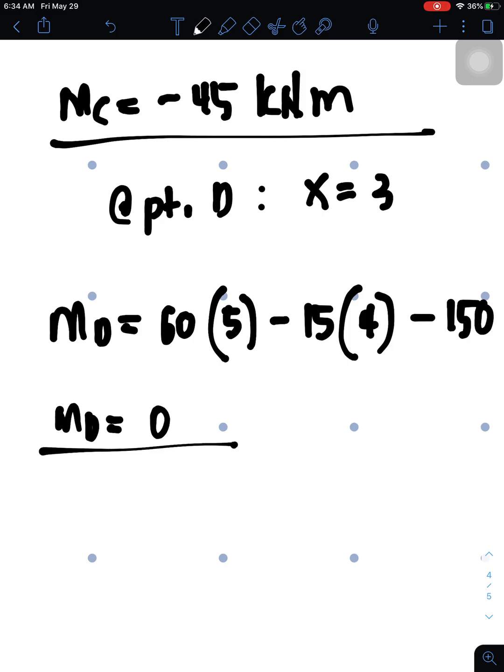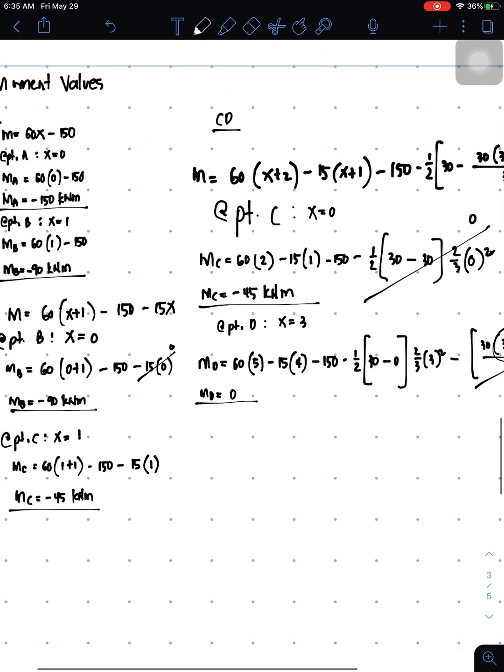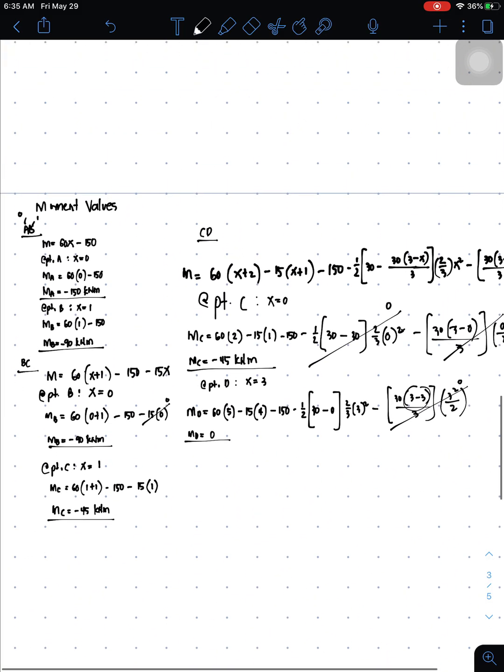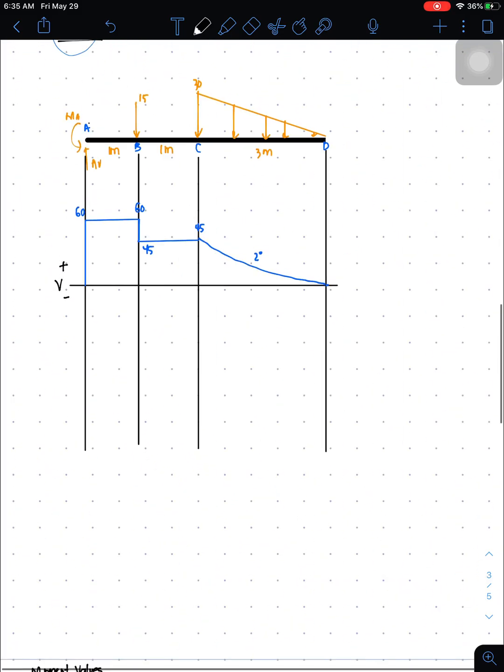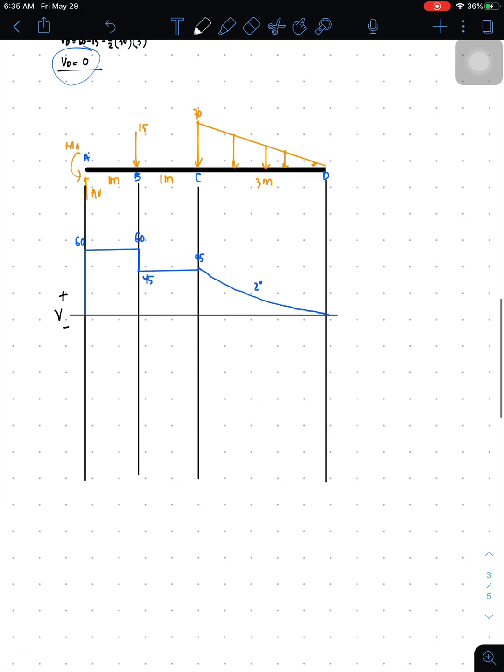So as what you have observed from the previous mga examples, like example 1 and 2, all the ends at the right side of all the moments on the right side, rightmost side. So ang pinaka-end kay ang value niya sa moment is 0 gid all the time. If dili 0, then sayop imong answer. Okay, so nanatay values for the moment. So we are now ready to plot. So indika plot na to